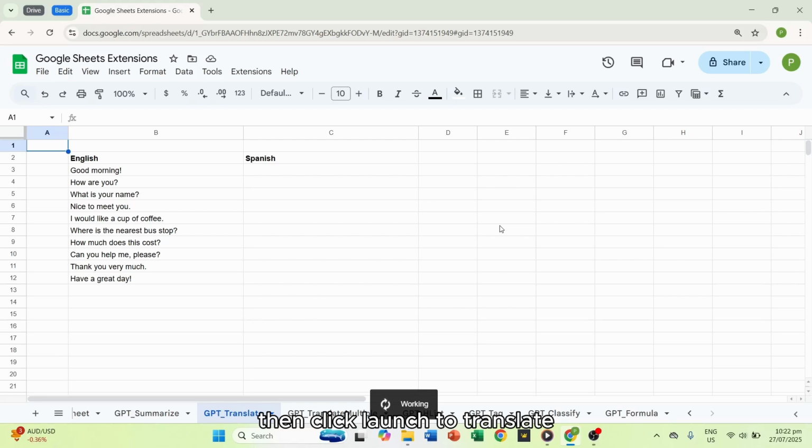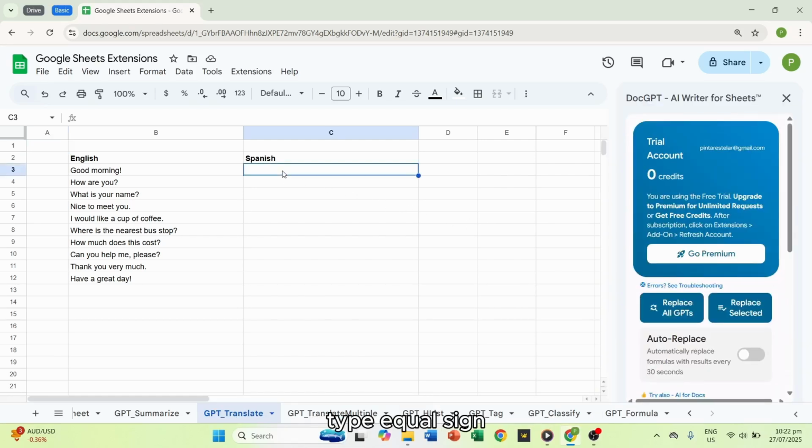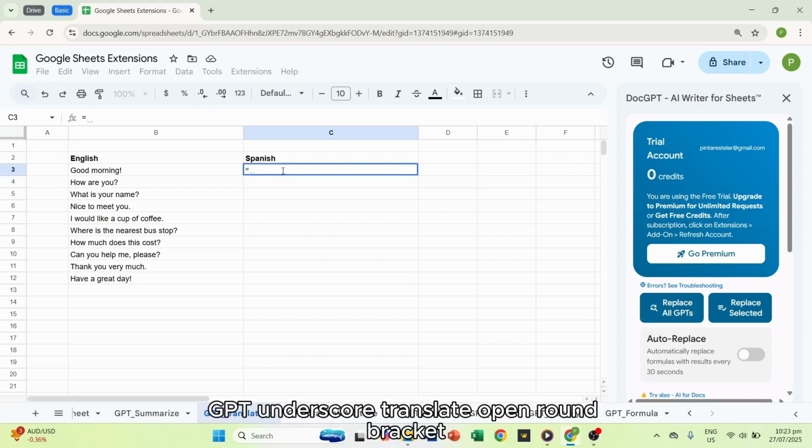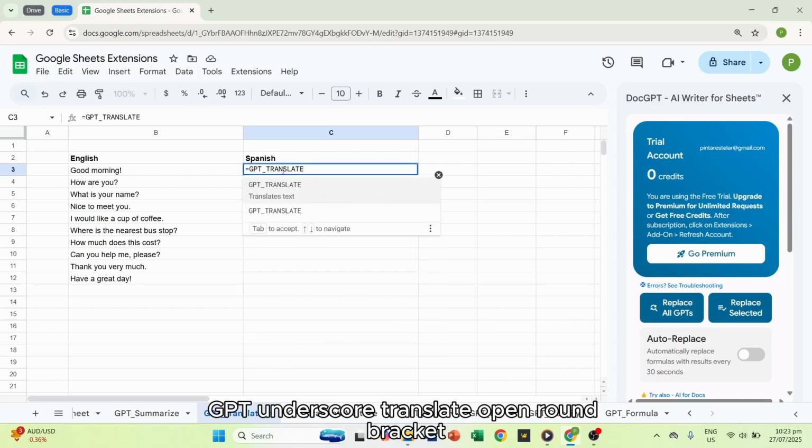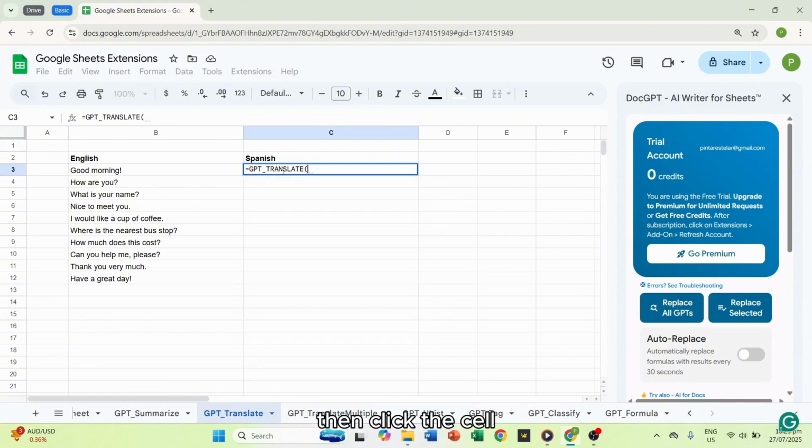To translate, we will use common English phrases and translate them to Spanish for this example. In the designated cell, type GPT_translate, open round bracket, then click the cell containing the text you want to translate, type comma, open quote, then